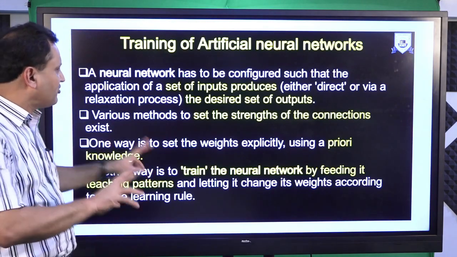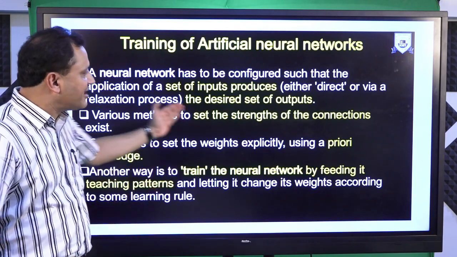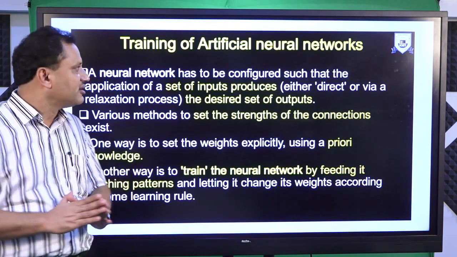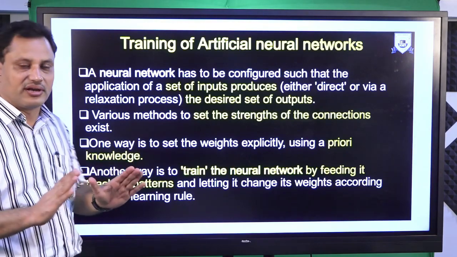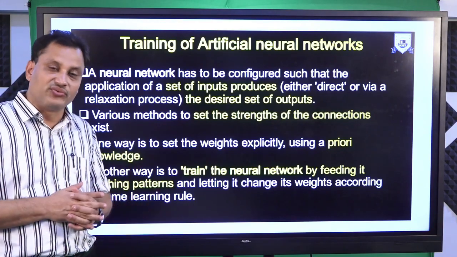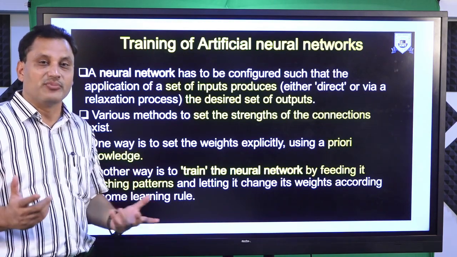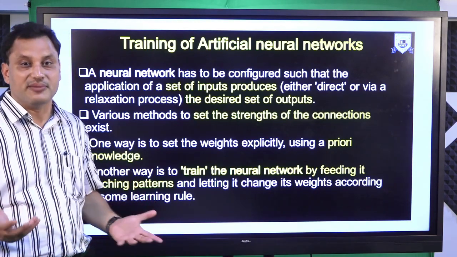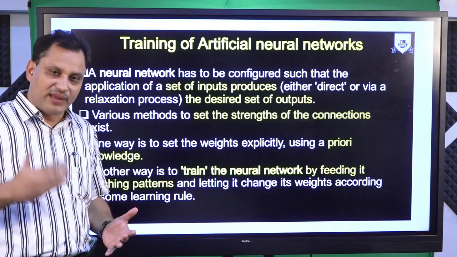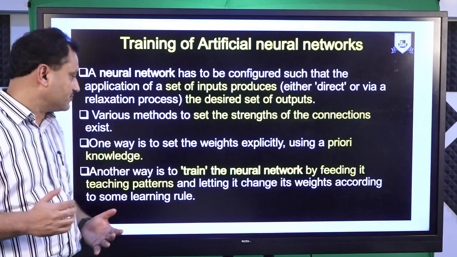The same thing happens over here. We are passing some inputs, and the outputs of those inputs are known. Then the desired output is expected. If the output is on the expected lines, correct, then we say that the artificial neural network is trained well. Otherwise, more training is required. That's why in earlier lectures we discussed that some children have a very good IQ and learn very fast, but some children take some time. The same thing is the case with neural networks also. Sometimes a neural network gets trained very fast, and sometimes it takes time to train.